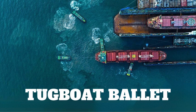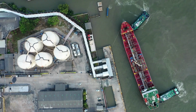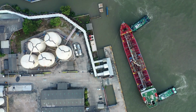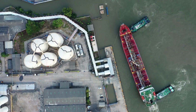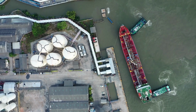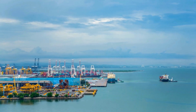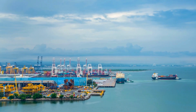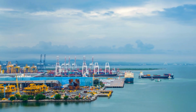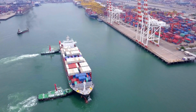10th on the list, Tugboat Ballet. The term tugboat ballet describes the synchronized and precise movements of multiple tugboats working together to maneuver a large vessel. This intricate dance involves careful coordination and communication between the tugboat captains and the ship's pilot to achieve smooth and efficient maneuvers. The skill and expertise required for this choreography highlight the proficiency of tugboat crews and their ability to